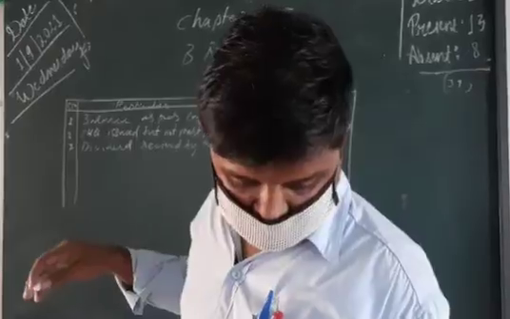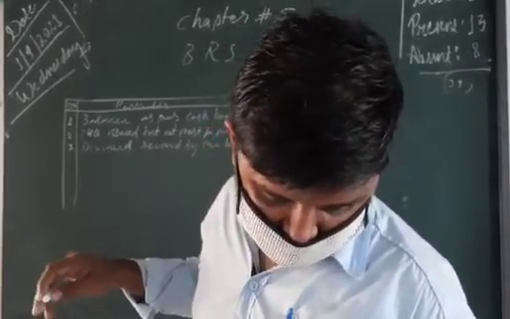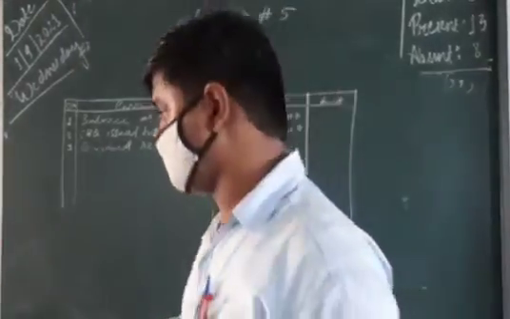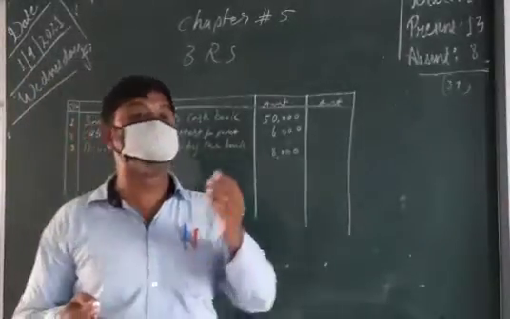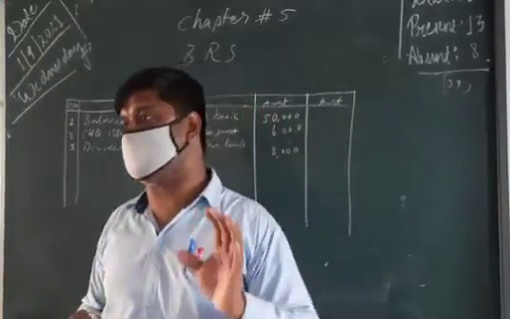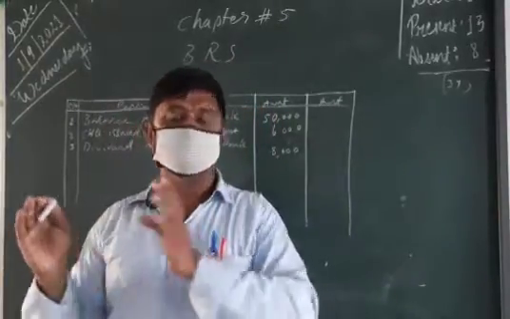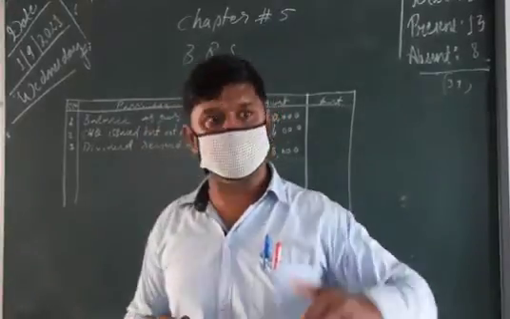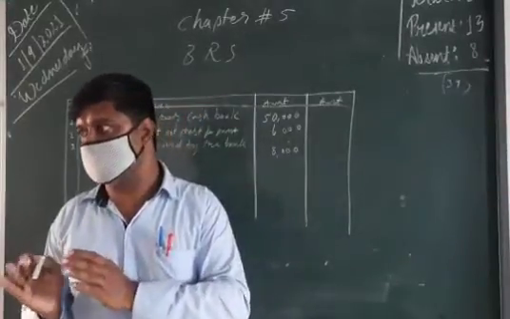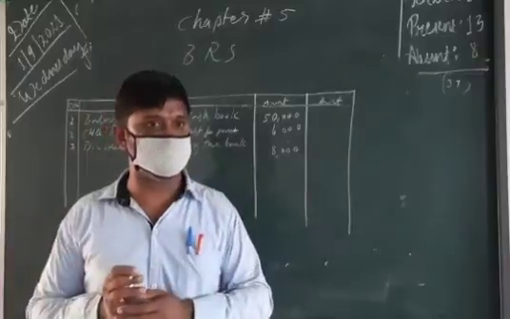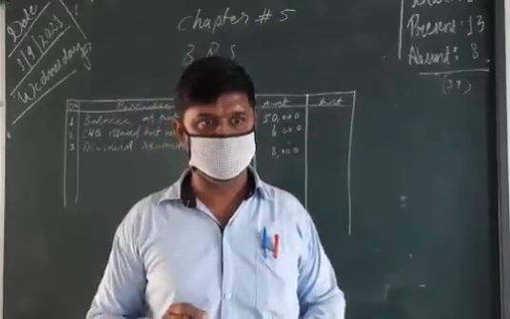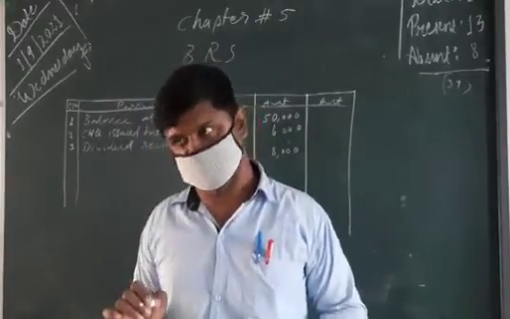That amount is 8,000. And if we go to the next transaction, you can see that bank charges of rupees 400 were not entered in the cash book. The bank reduced some amount from our bank account. That amount is 400 rupees, which is also not entered in our cash book. So in our cash book it shows 400 more, but in the passbook that amount is already taken from our account. So in the bank account actually 400 is less.